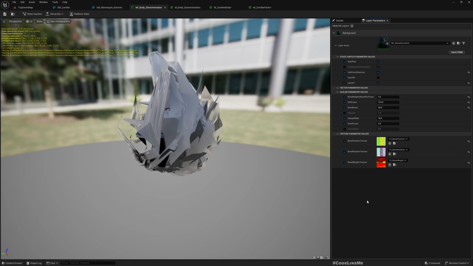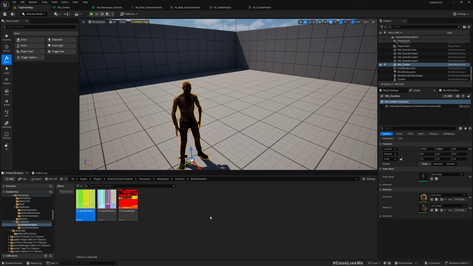These are the textures that contain data related to animations, and here you can see bone position, bone rotation, all those things, so you can get some idea what is encoded into each of these textures. So you don't really have to understand any of those things, we can just use it. So let me go here,